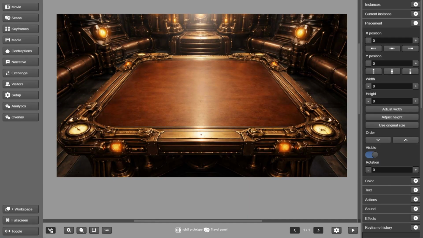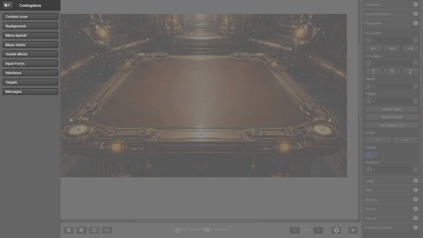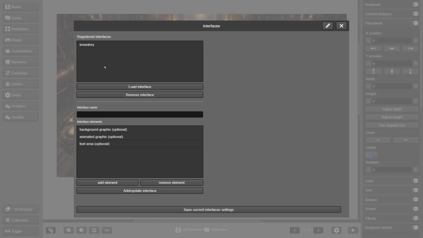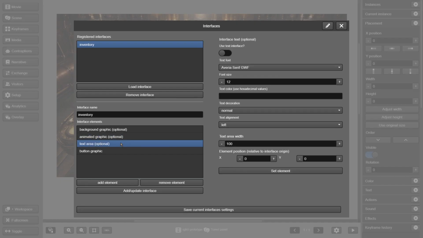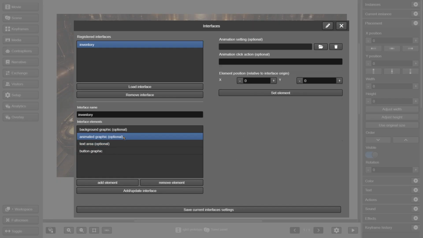Remember that you can show as many interfaces as you want at the same time and manage their display independently, hiding and showing them whenever you want, which gives you a lot of flexibility in the controls you can show your players. Also remember that each interface can contain a text and a sprite map style graphic that can be manipulated by actions during display, which are very useful for variable displays.